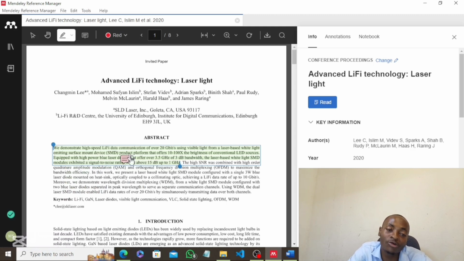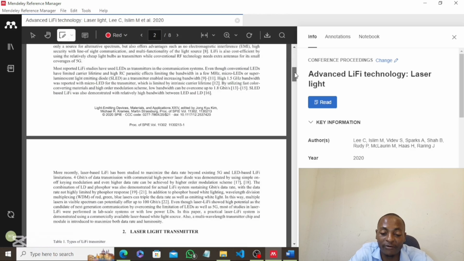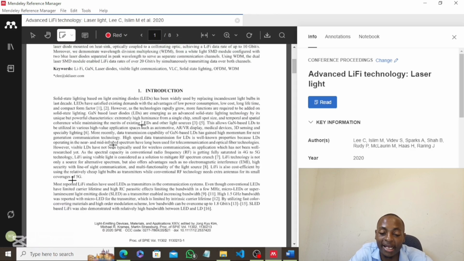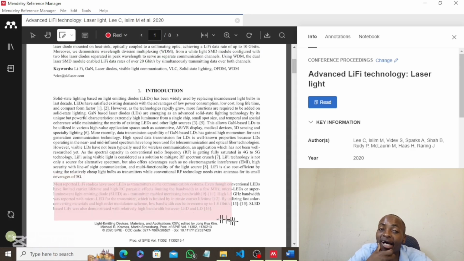Then the second method for highlighting is the rectangular method. I don't like this one, but you just deserve to know. So this is how the rectangular highlight works. It forms a rectangle when highlighting. Okay, so that's it about the